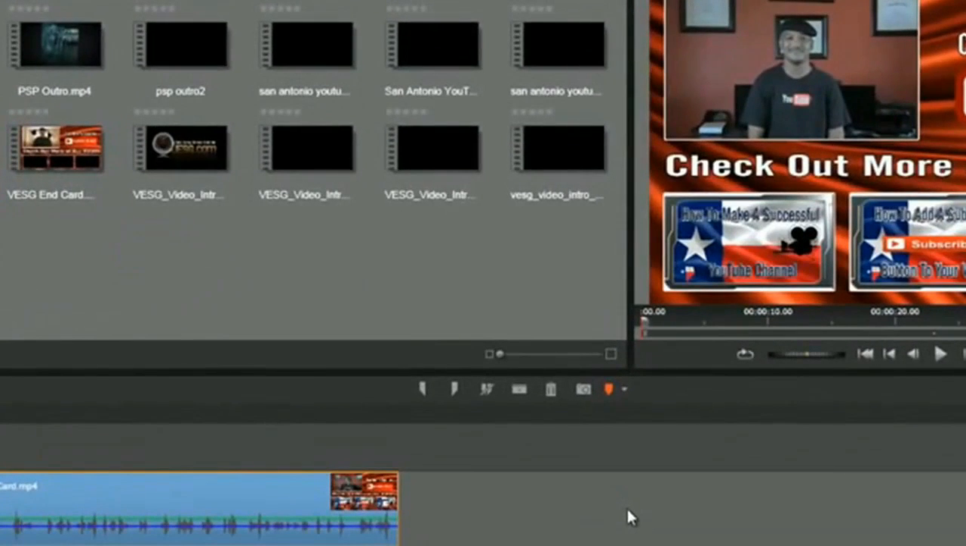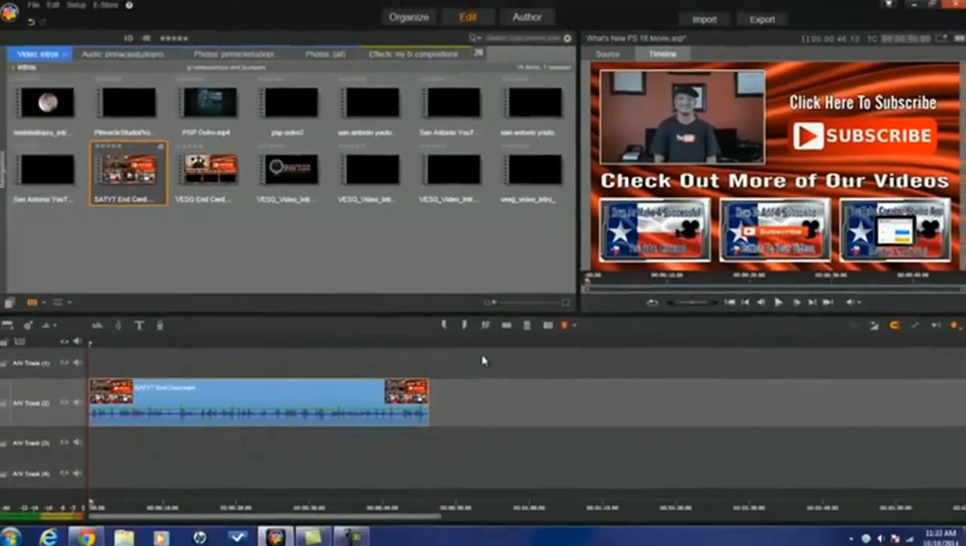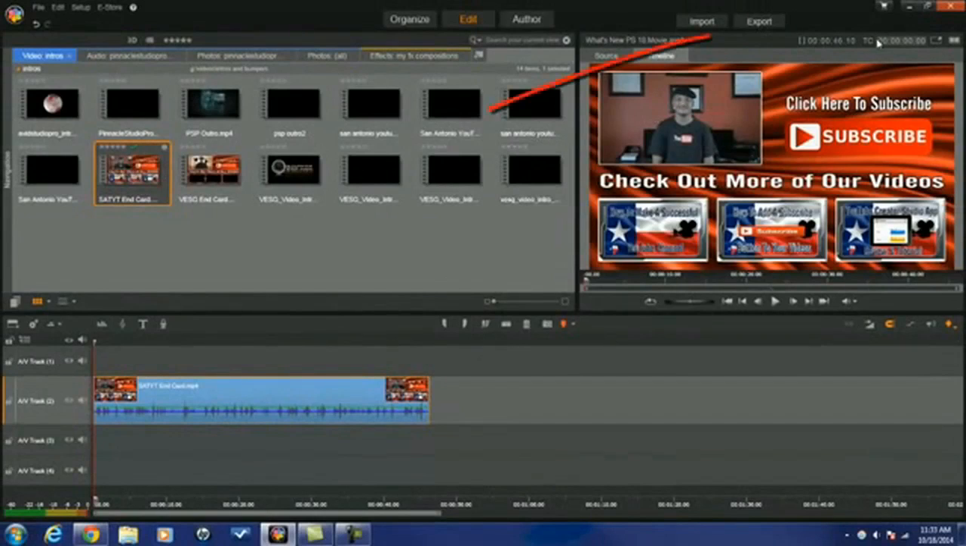Another thing that I love about the new features is the mark in and mark out on the timeline. So now on the toolbar, you got an option to mark in, mark out, and then remove any mark in or mark outs that you have. Now, the advantage of that is this. If I click on export here,